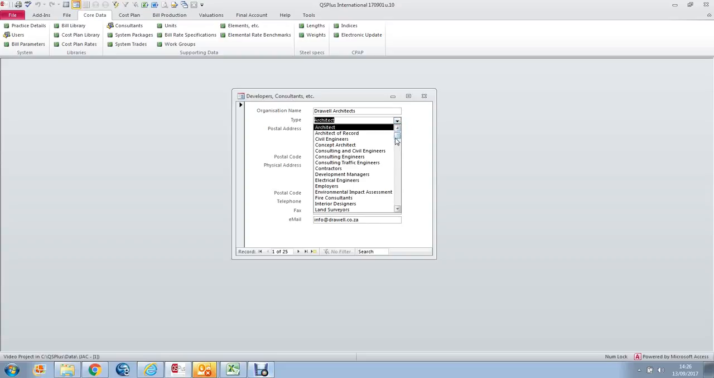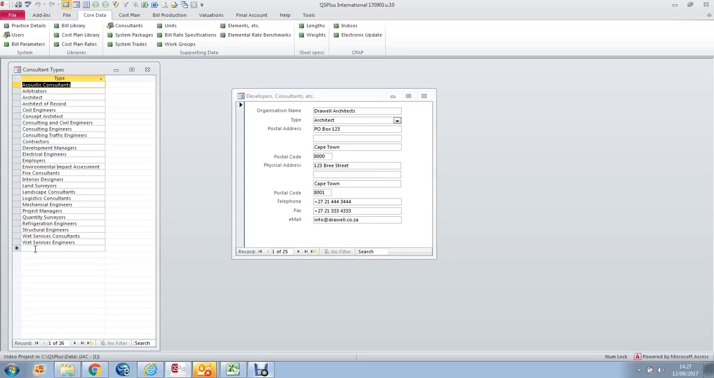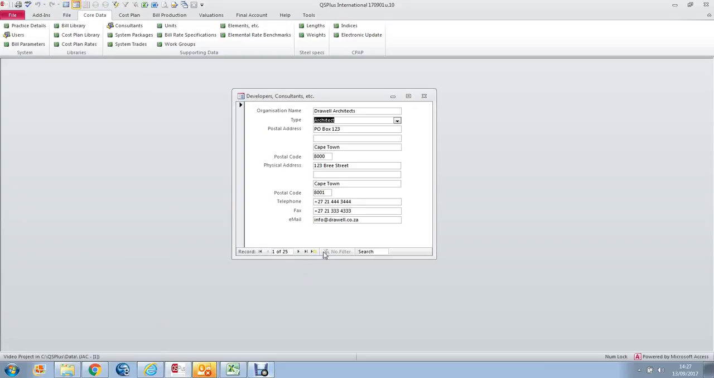You should be able to find the consultant type that you want to enter. However, if it's not present, you can actually enter the new consultant type by double clicking, and it will open the consultant type so that you can enter a new one. So I'm just going to set up a new one, as you see, and then I'm going to go to